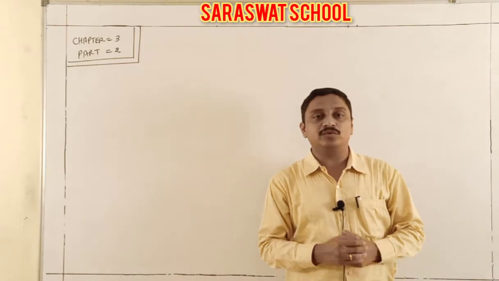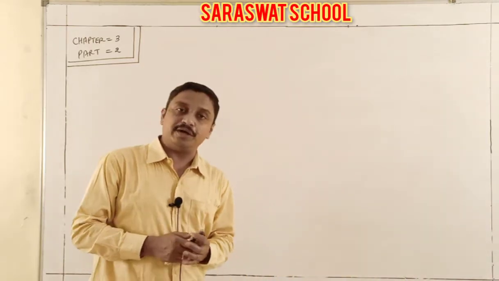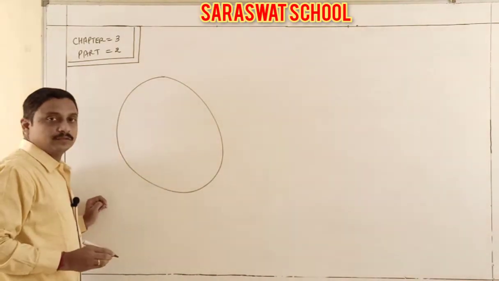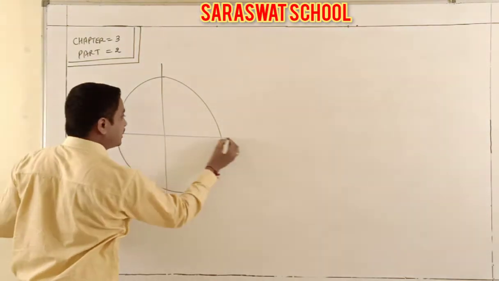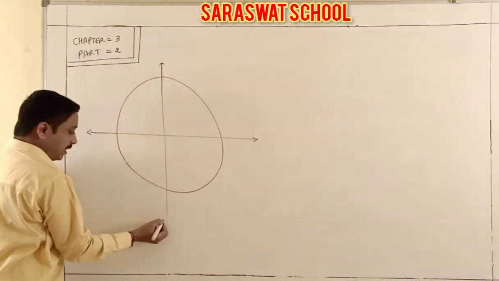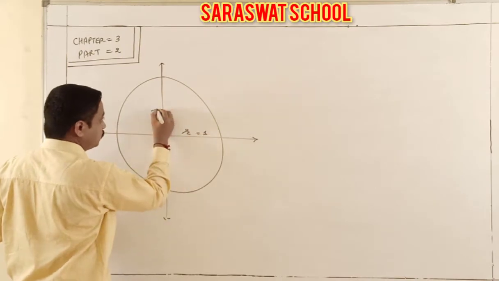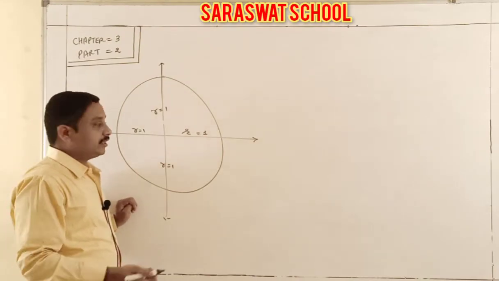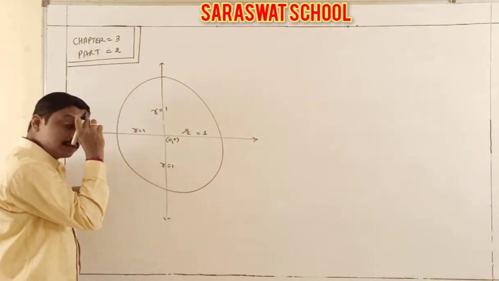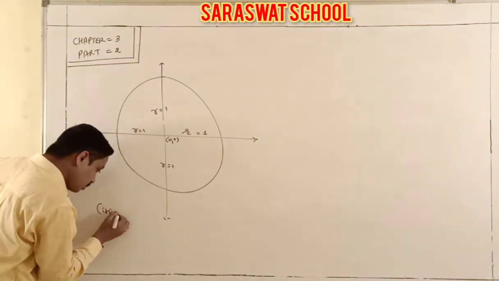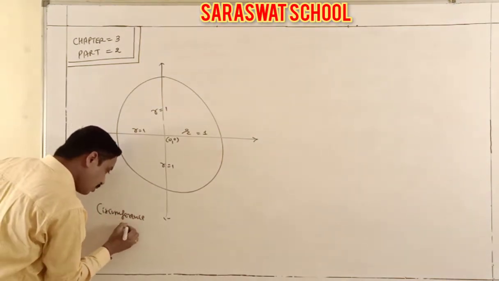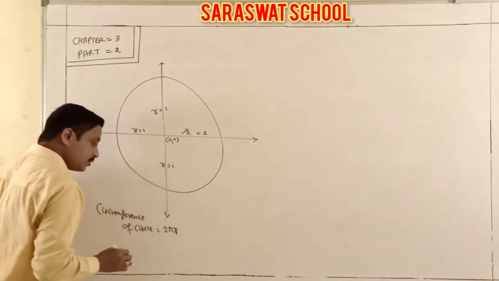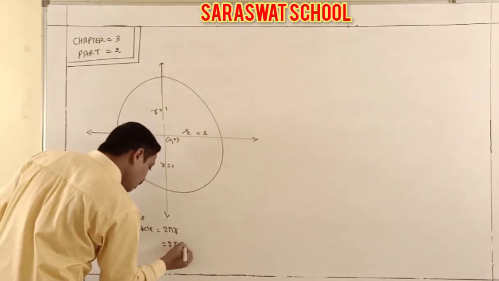Now students, today I am going to cover one more point related to our degree to radian measure. This point is known very well in a circle. What is the circumference of a circle? Yes, it is 2 pi r. I am taking the radius as 1 for each one, so the unit circle applies here. The center is (0, 0) and the radius is 1. So the circumference of the circle, which is 2 pi r, with r equal to 1, is 2 pi.